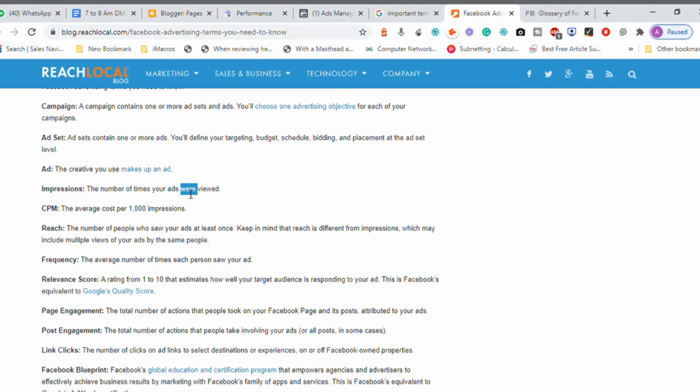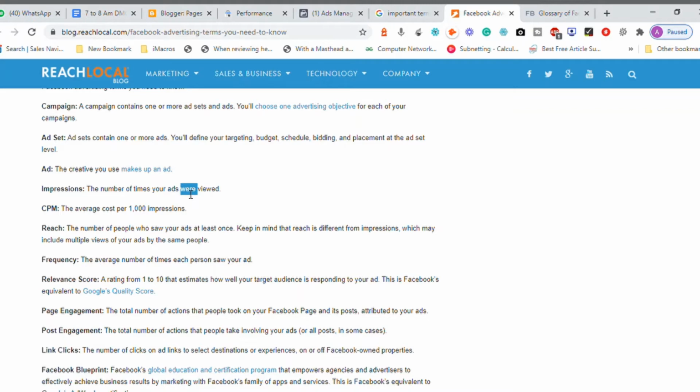Impression means showing the ad to them, so there is no guarantee that people look at your advertisement. The platform is trying to show it to people. Reach is basically the number of people who saw your advertisement at least once. Reach is also one of the advertisement campaign types, if you want to reach more people by promoting a product or services that you offer or own. That is the reach type we'll be using.